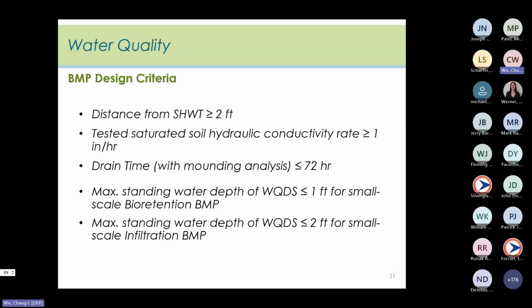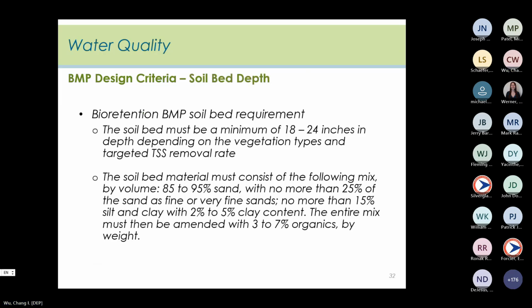Then the other criteria is to check whether the drain time would be within 72 hours, whether the maximum standing water depth for a small-scale bioretention BMP is equal or less than 1 foot. For the infiltration, it is equal or less than 2 feet. And you also have to check whether the BMP